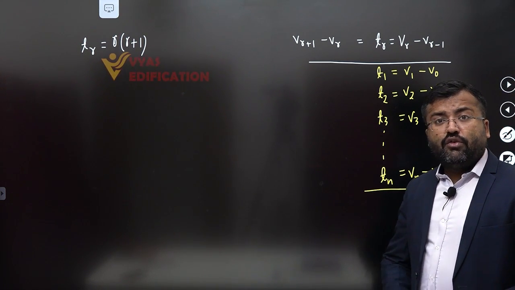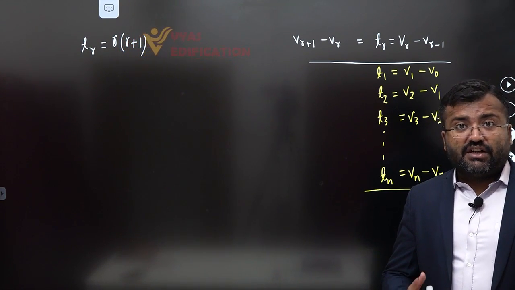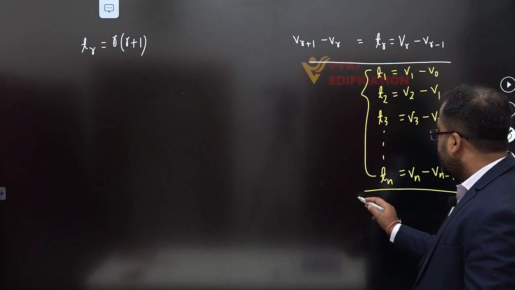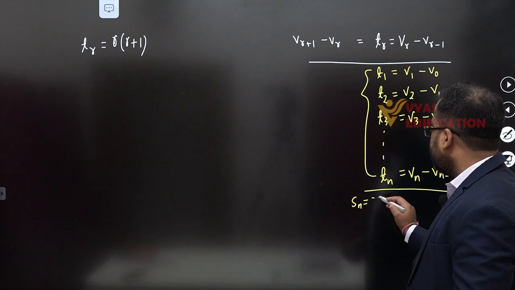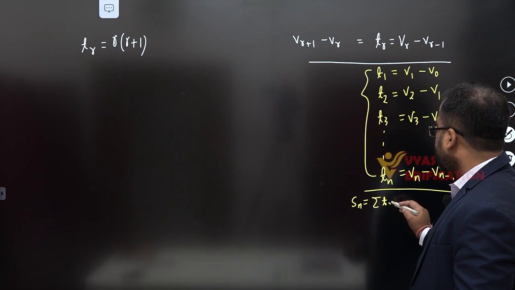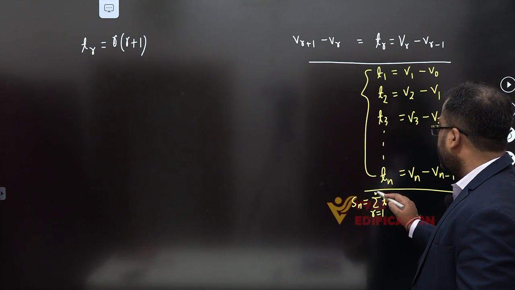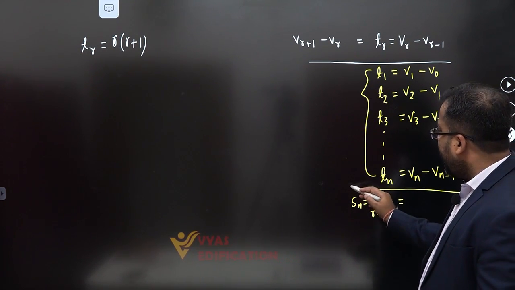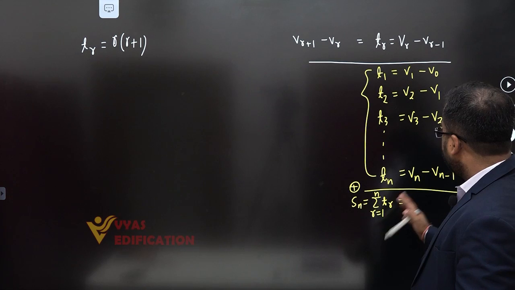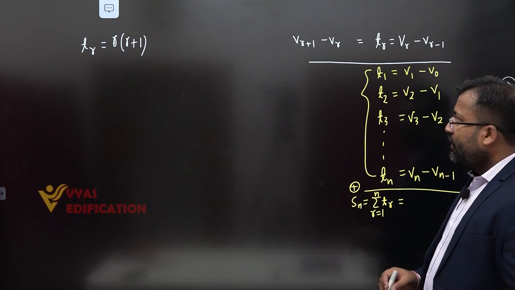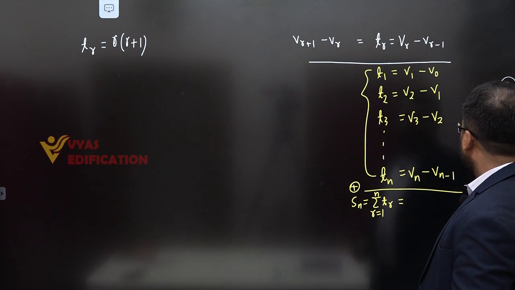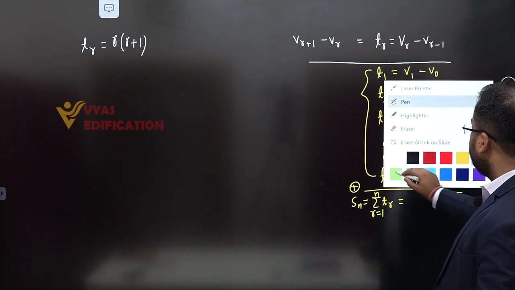Okay, and what do we want to do? We wanted to find the summation up till first n terms, right? Summation is the sum of all of these, right? So Sn, which is sigma T r, r equal to 1 to n, will be summation of all of this, right? We add all of them, and what do we get on the right hand side? On the right hand side, we add V1 minus V0 plus V2 minus V1 plus V3 minus V2, and do you see that